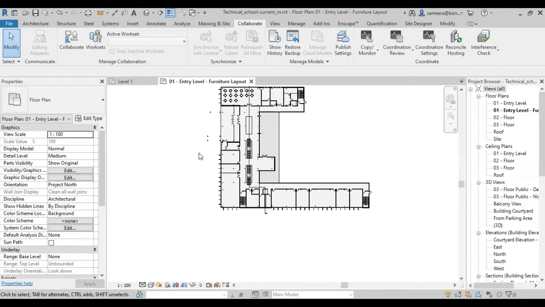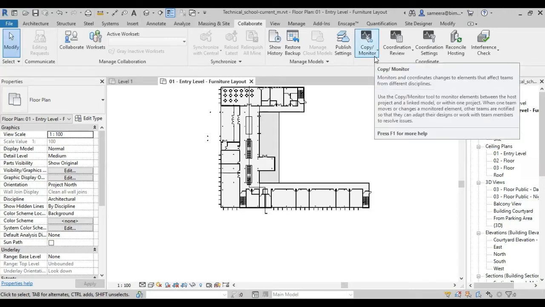Right. So at the time when we are trying to import or link a Revit file, there can be different duplications, like levels. Same levels can be repeated. Same grids can be repeated. Same columns can be repeated. So there can be repetition. So how can we avoid these repetitions, or how can we use Copy Monitor for doing multidisciplinary coordination? I think in our BIM modules, we already include this multidisciplinary coordination. So if you studied this one in BIM labs, you already know about all these things, right?